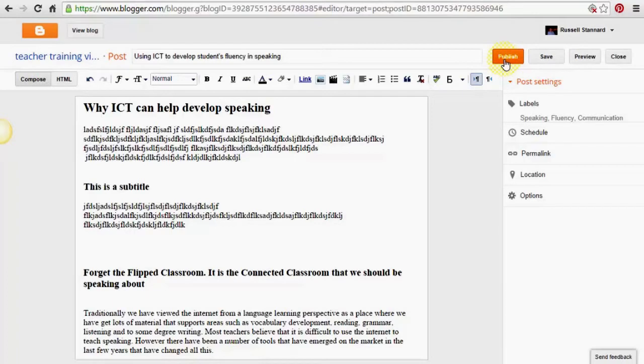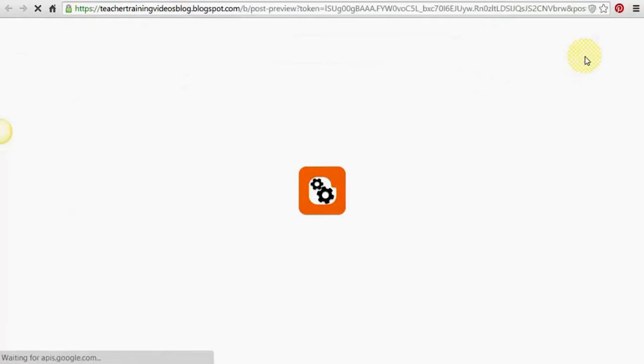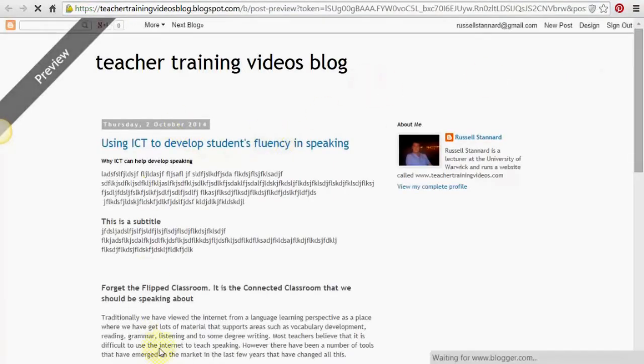If you just want to save it but you don't want to publish it, so in other words you're going to come back and do some work on it later, then click on the save button. And if you want to preview what it's actually going to look like, we'll click on this button here, which opens another window and will actually give you a preview of how that blog post is actually going to look